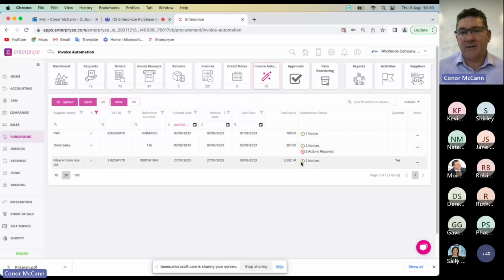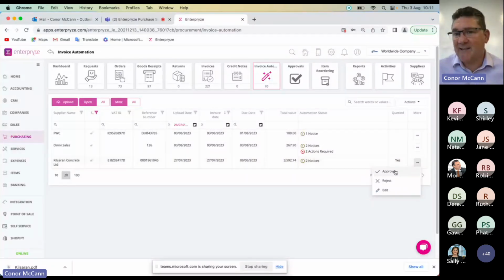And then we have one down here that I imported earlier that also has notices. You notice here we also have a column here, queried. So this is a user or a custom field that we've created and attached to give the processor a little bit more information. So if I just drill into this